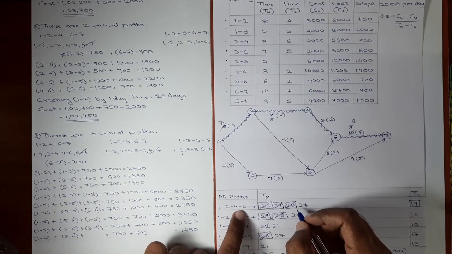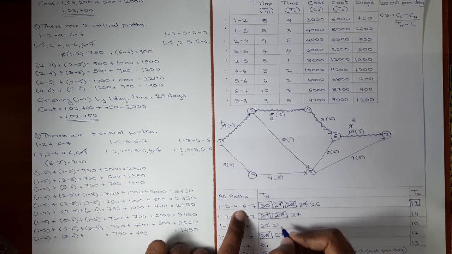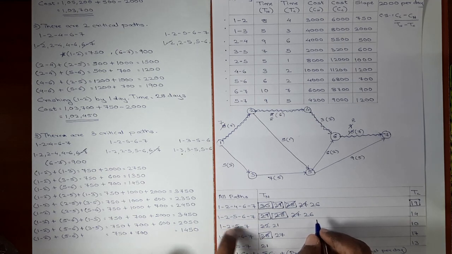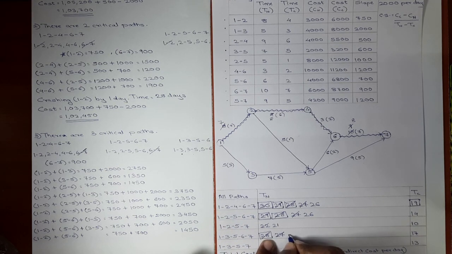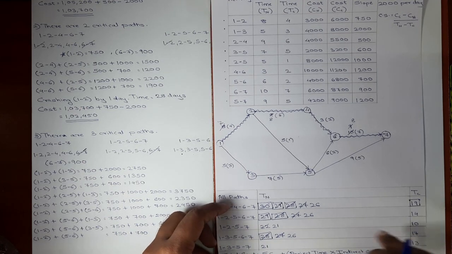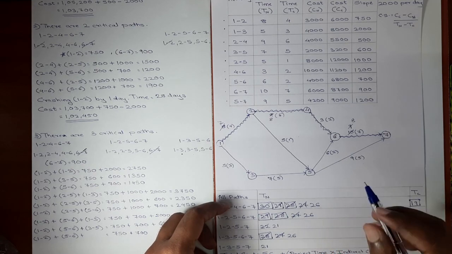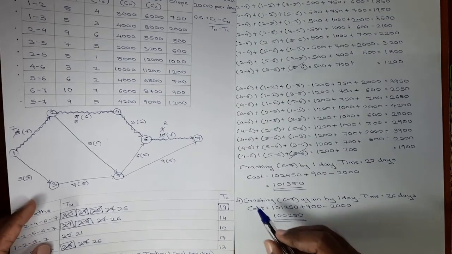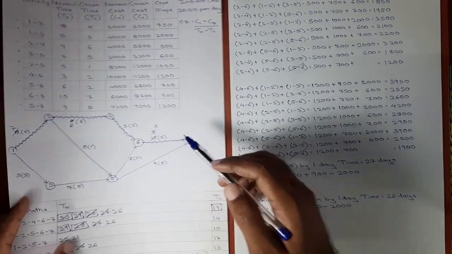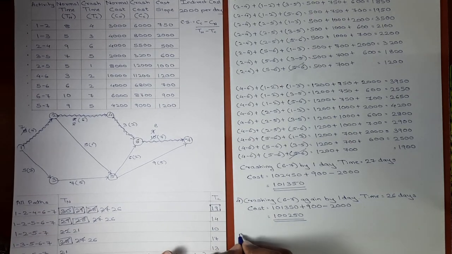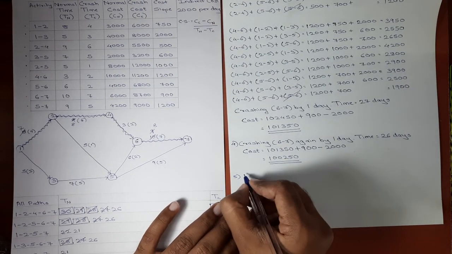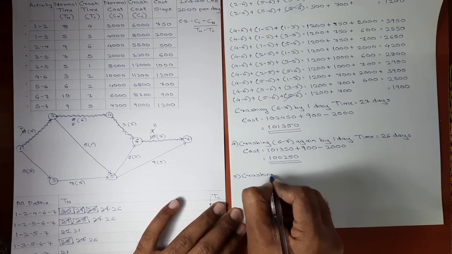6.7 comes in the first path, yes, 27 will become 26. Second path also it comes, again 27 will become 26. Third path it does not come. In fourth path again 27 will become 26. Again the same thing, no new critical path is added, no activity was exhausted in fourth step of crashing, and there is still scope for crashing activity 6.7. Okay, so again in fifth step of crashing, we'll be crashing activity 6.7 again by 1 day.